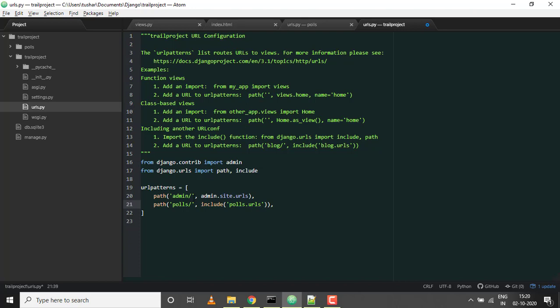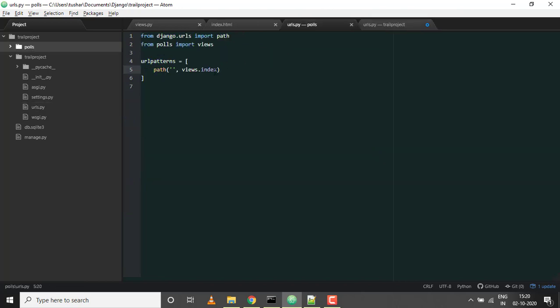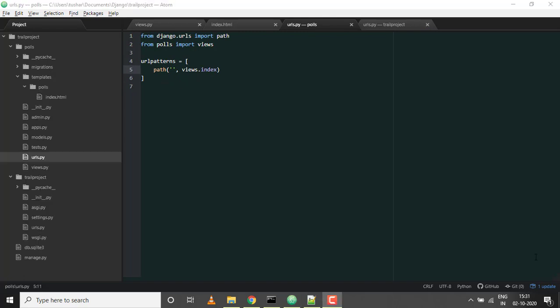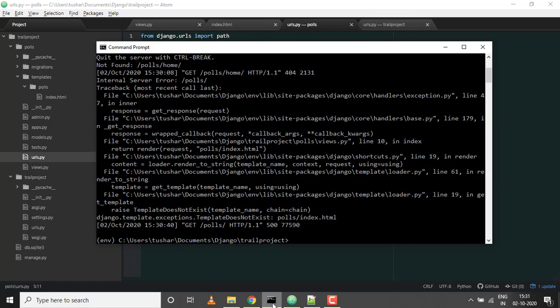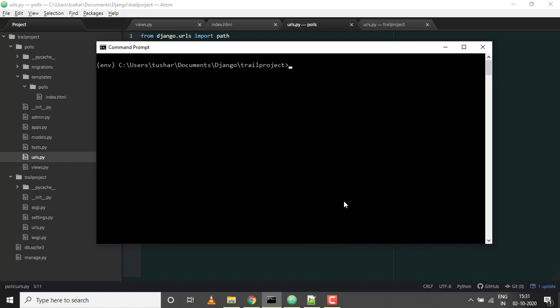So what happens exactly when you type your domain name slash polls, it will chop off the rest of the things, and it will pass this information to this polls.urls call, which will indirectly take you to this particular location. Okay, so we have updated the URL file, we have included the URL file, and everything is set. Let's go and run the server and see if we are able to launch our web page or not. The command to run a server is python manage.py runserver.